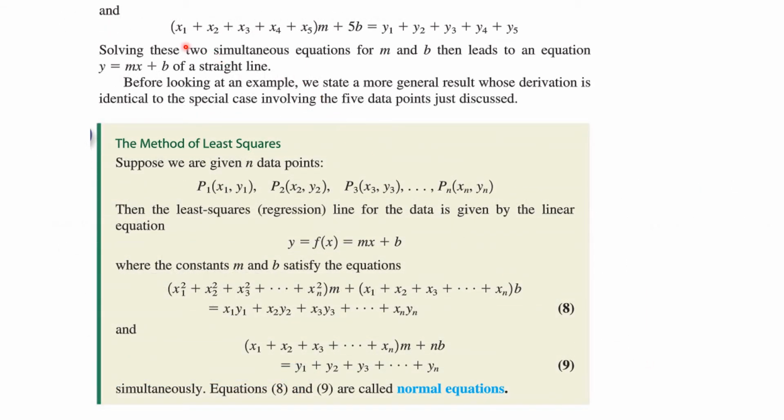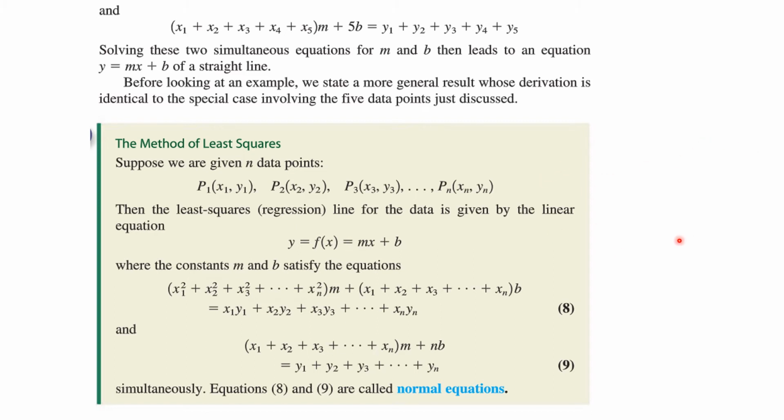similarly, is going to be the summation of the x values times m plus, and then this is going to be 5. Now 5 really is the number of data points that we had, so this would be n in general, is equal to the summation of the y's. And so if we solve these simultaneously for m and b, which we did before, that tells us what m and b are. Now before looking at another example of this, where we're just going to use the formula then,